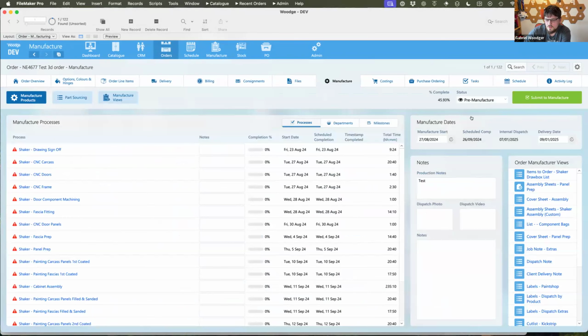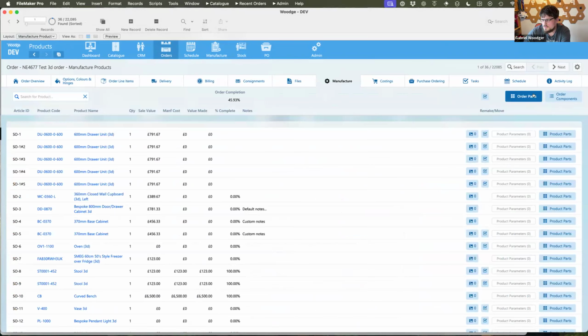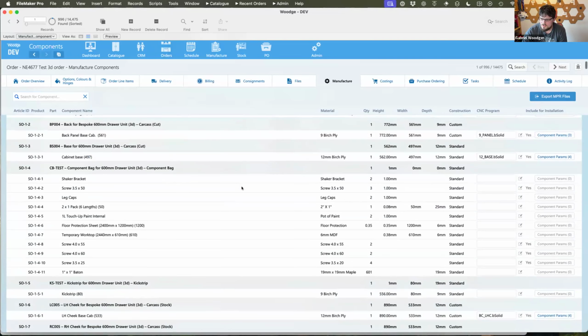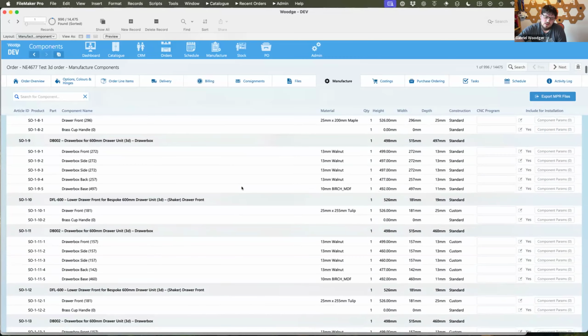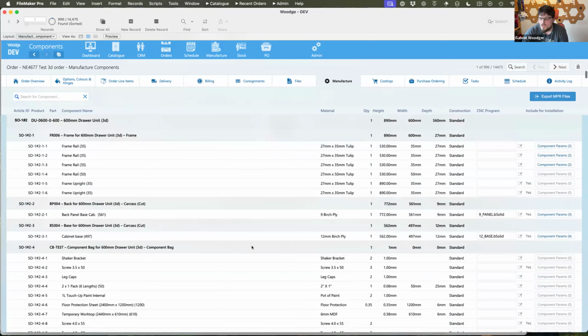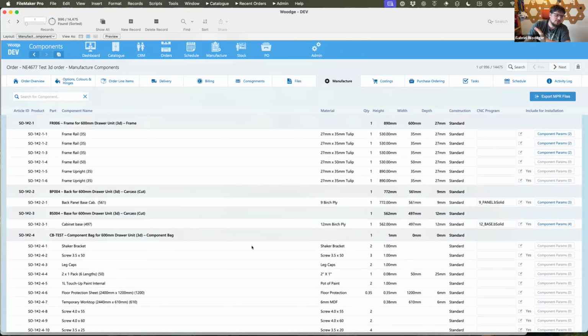So kind of out of there, we then have a bunch of products with parts and components and other bits and pieces. So this is then all the records based on those customizations that get generated. Each product has a bunch of parts and components, and then all of this can be exported out to a CNC. It can go through all the different processes, when it's cut, when it's sanded, when it's sprayed, when it's finished. All of those have different processes attached to it. So yeah, that's probably about 50 million miles an hour of going through it.